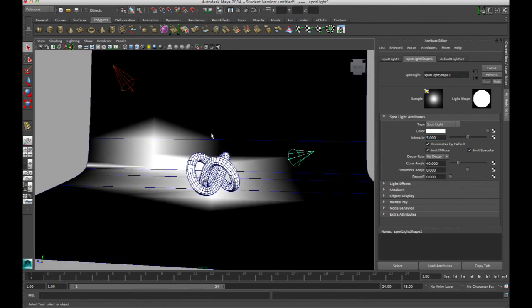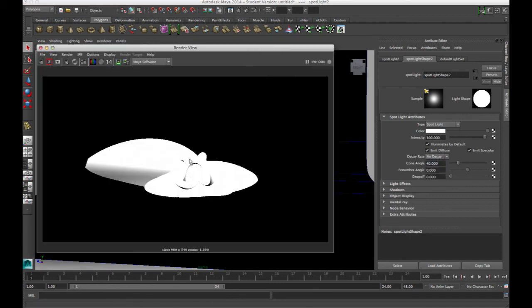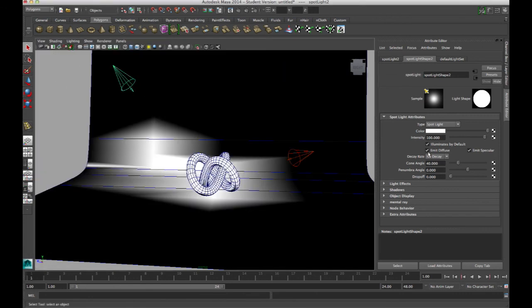If I don't have any decay, I'm getting this blasted image. So I have a lot of intensity here. If I bring this down, if I go to quadratic and this to linear,